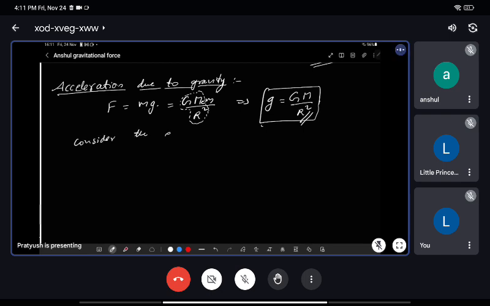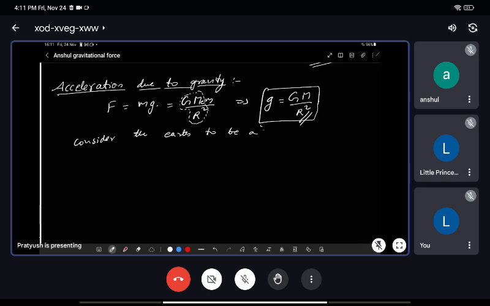consider the Earth to be a homogeneous sphere. Homogeneous sphere means what? Contents inside the Earth are considered to be the same everywhere. We are not considering that at some points it is having diamonds, and at some points it is having deposits of gold and other metals. At some points it is having